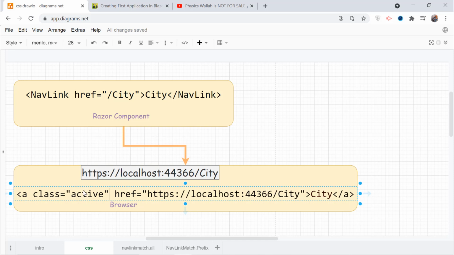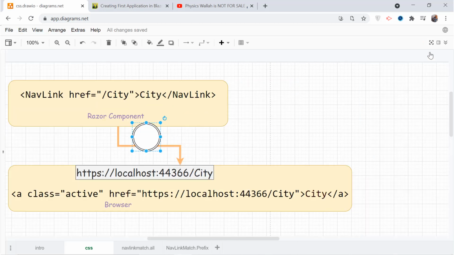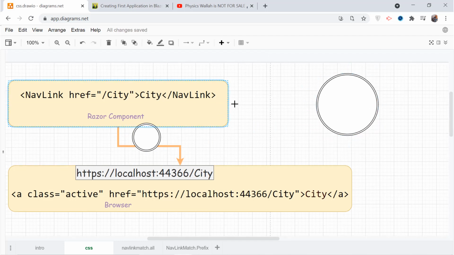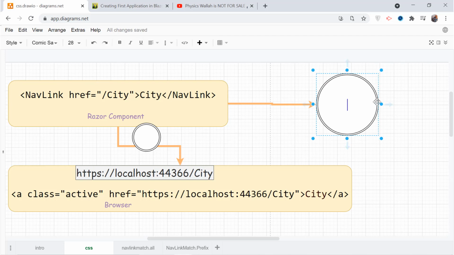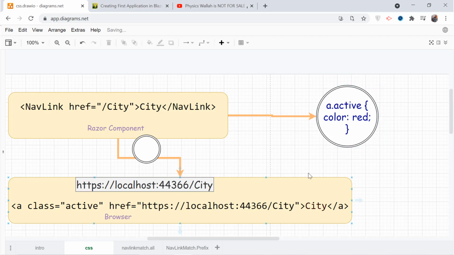Now what you can do is add a CSS class to the style sheet. This is the CSS I am adding: a.active, and inside it color equal to red. So this is the CSS class.